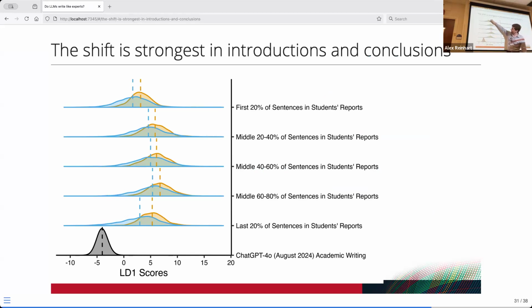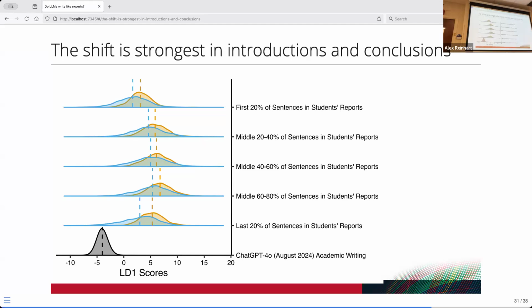And you notice even before AI, the introduction and conclusion are slightly different styles than the middle of the report, which makes sense. In the introduction and conclusion, you're trying to contextualize it, talk about the purpose and the goals. And in the middle, you're just saying, I fit this model and I made this plot and did this test and whatever. But the shifts are biggest in the introduction and conclusion, particularly the conclusion,